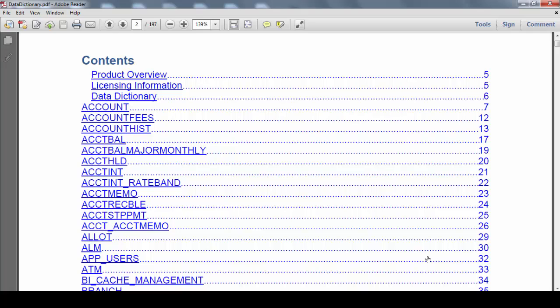So Colin, we're back up at the table of contents, and we know that probably 80% of what people are looking for is contained in 20% of the tables. So maybe you could talk us through that. Sounds good. Some of the key tables that we use more often than not would be the account table,